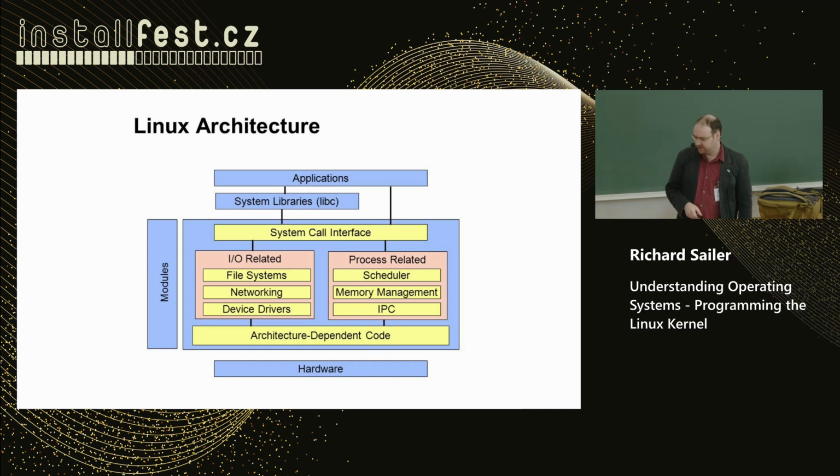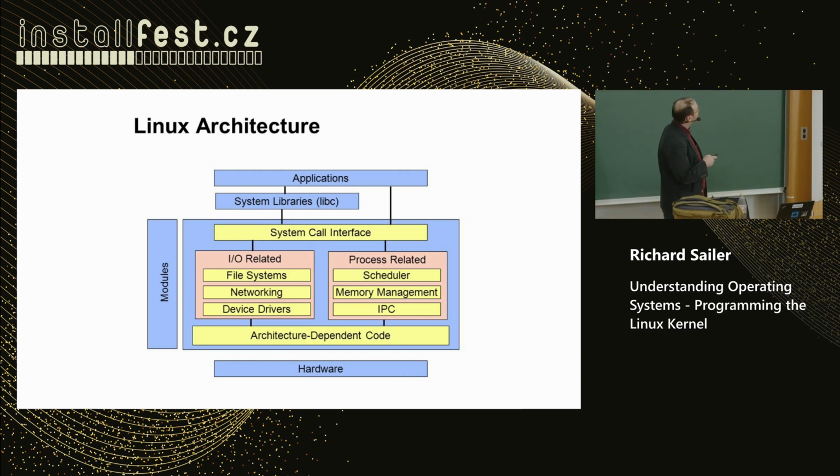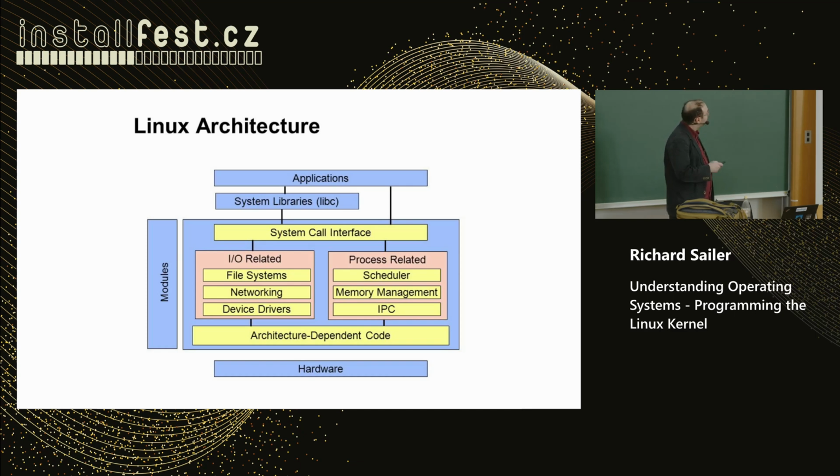Now we will get a few things about these system calls. So when the kid is asking the parents for something, we have the application there, and most of the system calls go to a library, that's the libc, usually the GNU libc, and the box you see down there, that's the kernel. There is a general system call interface, and then we have all the different subsystems of the kernel for handling different system calls. Then we have architecture-dependent code.